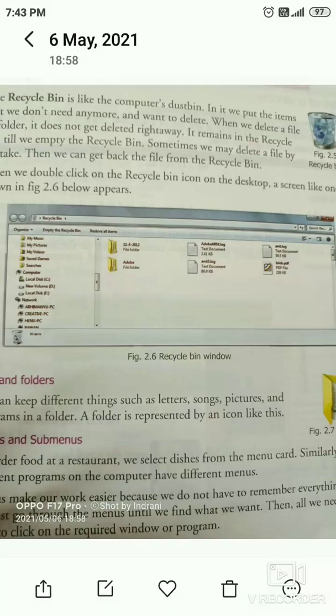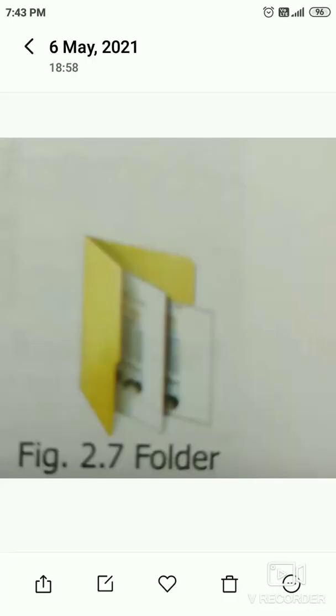Next, we are going to know about files and folders. We can keep different things such as letters, songs, pictures, programs in a folder. A folder is represented by the picture as shown on your screen now. This is the image of a folder. Now we have to know about menus and sub-menus. Menus make our work easier because we do not have to remember everything. We can just go through the menus until we find what we want.